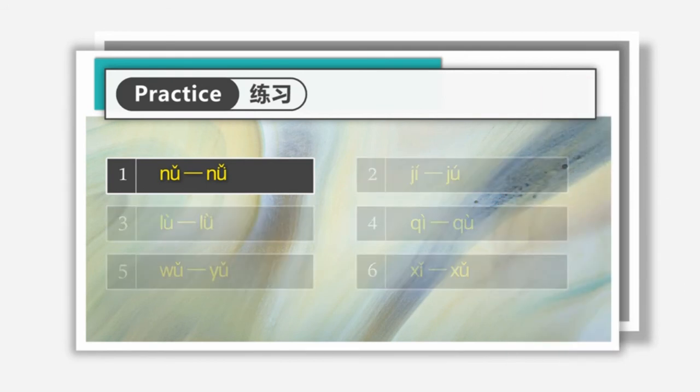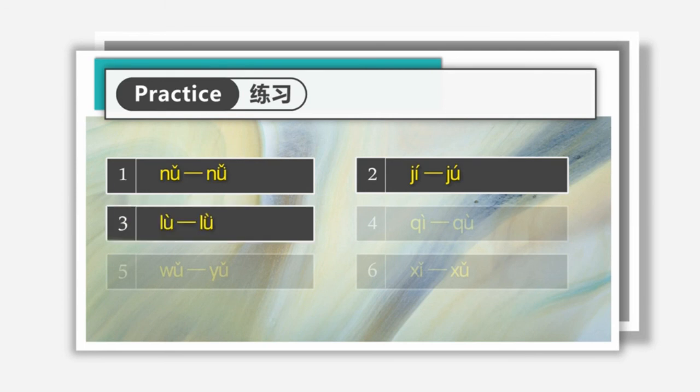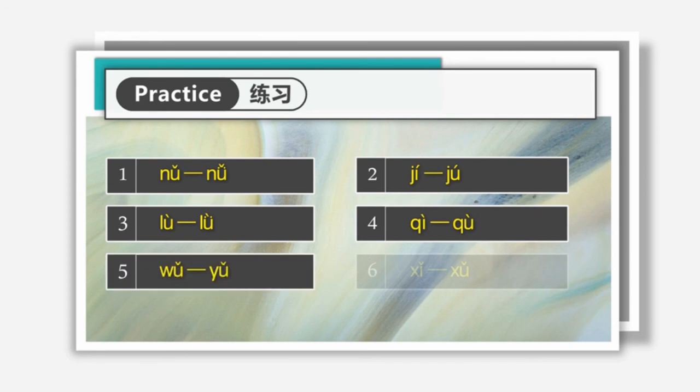1. 鲁 女 2. 急 菊 3. 鹿 绿 4. 气 去 5. 舞 雨 6. 喜 许